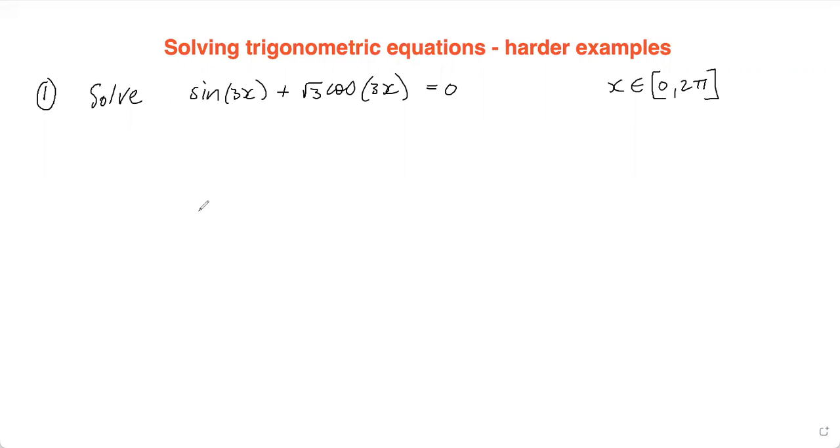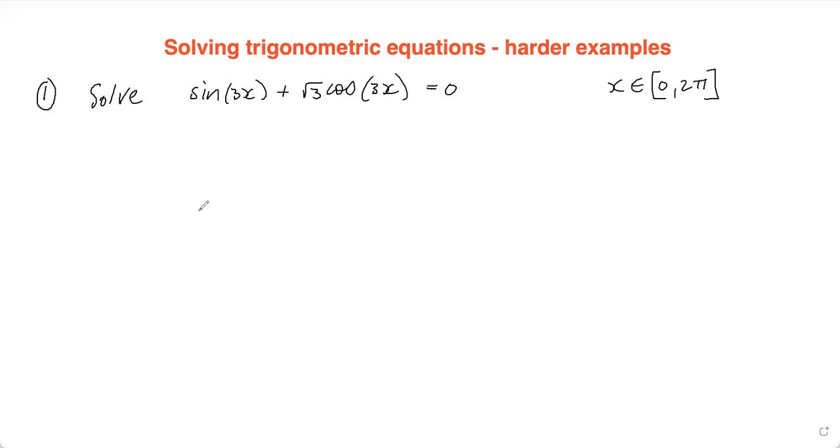Today I'm going to show you some harder examples of solving trigonometric equations. So the first one here, we've got sine 3x plus root 3 cos 3x is equal to 0. First of all, you'll notice that we've got a mix now of sine and cos. To enable us to solve it though, we need to try and get that down to just one trig ratio